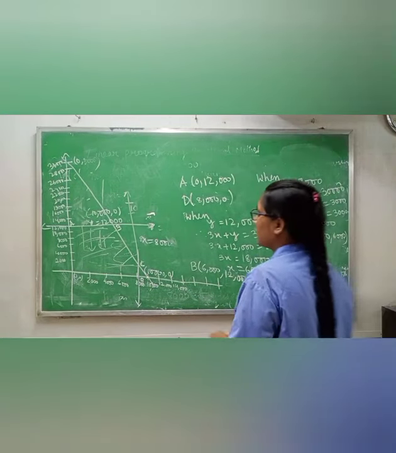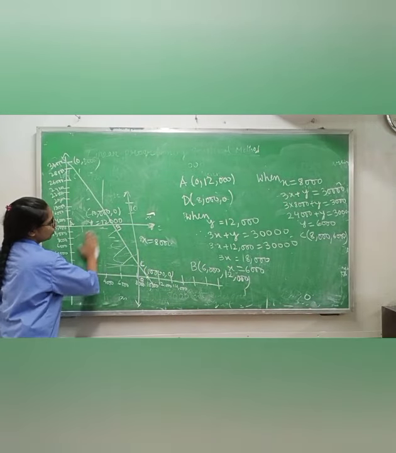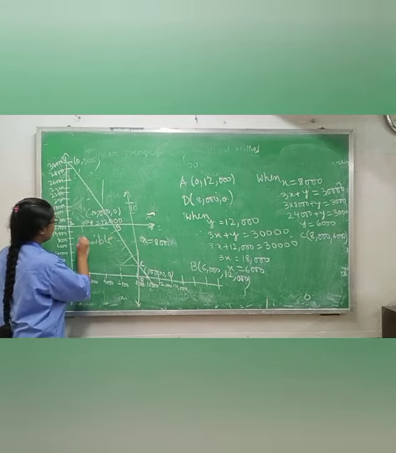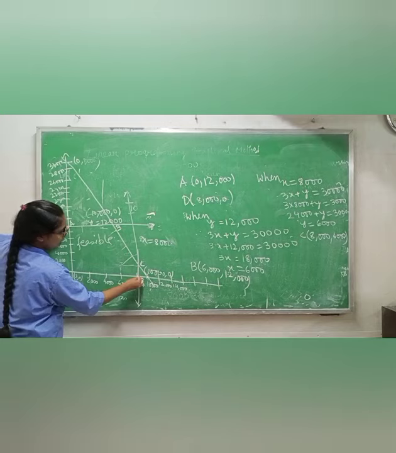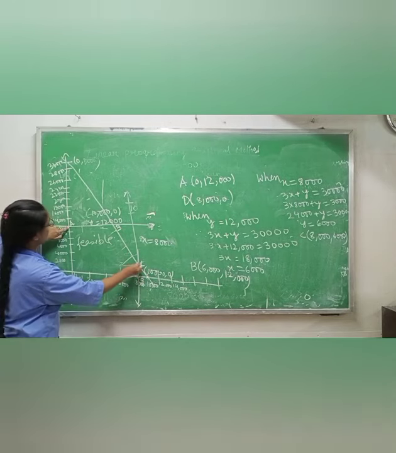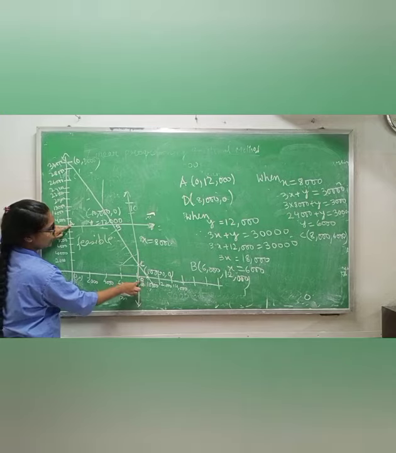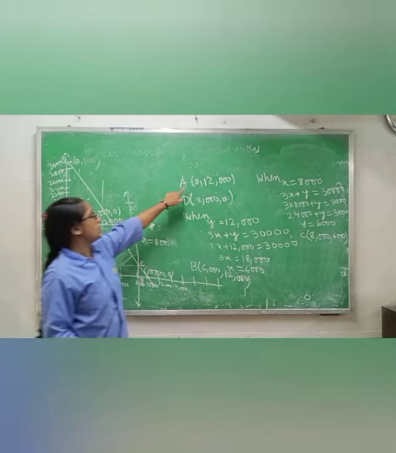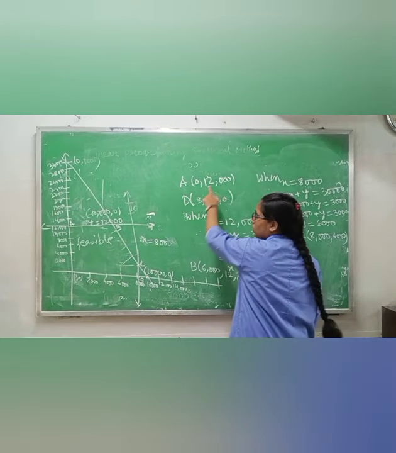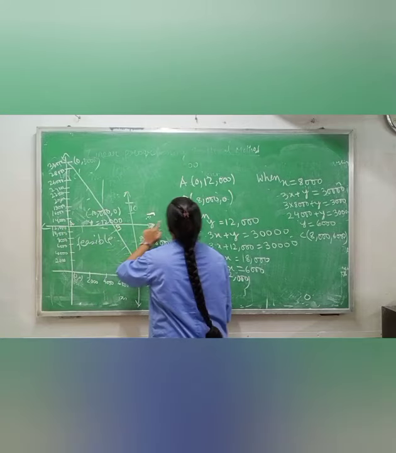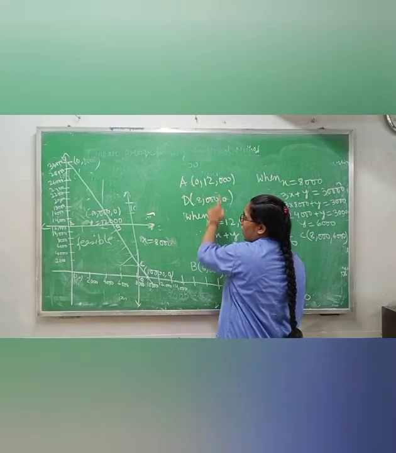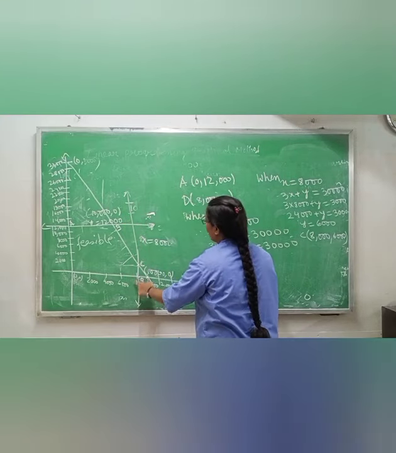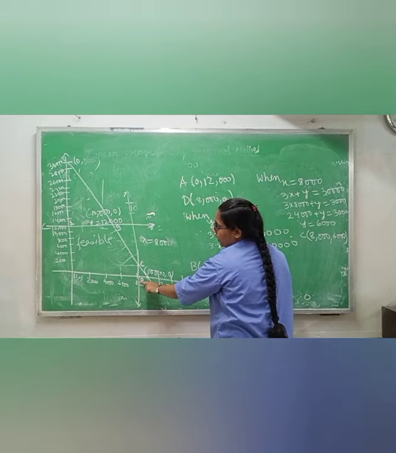Now, class 12, you have to find the corner points. Since this one is only our visible region, it means this point, this point, this point, and one more is this, means A, B, C, D. Okay, so A I know because this is a straight line. It means x is 0 and y is 12,000, because this line is 12,000 and here x is 0. That is the A, I have written 0, 12. Okay, this straight line which is parallel to the y axis, on this one I am writing D as a point.